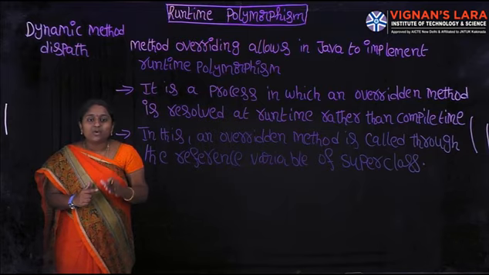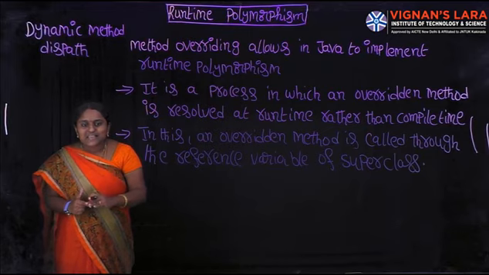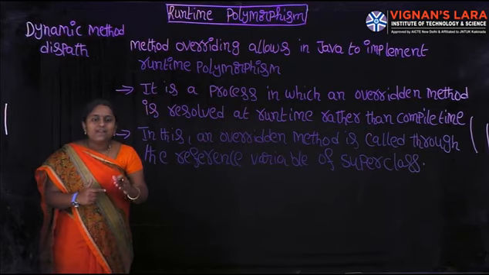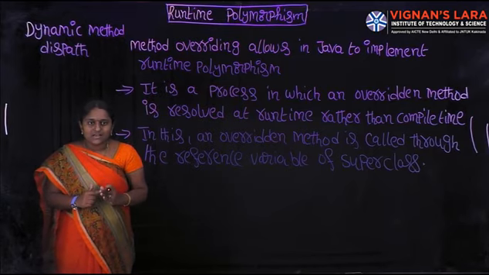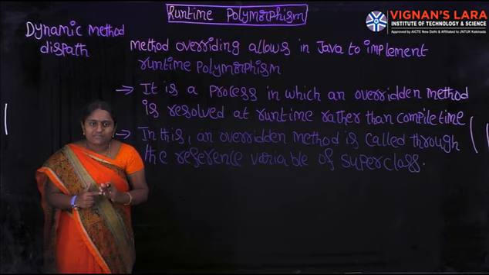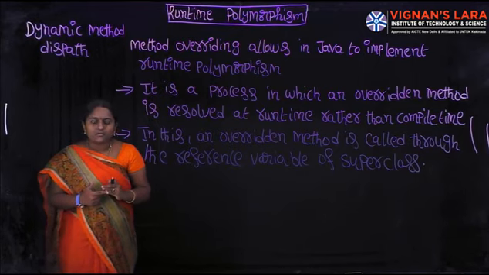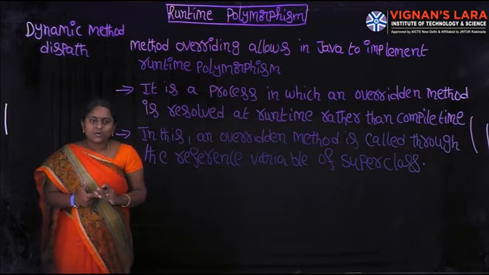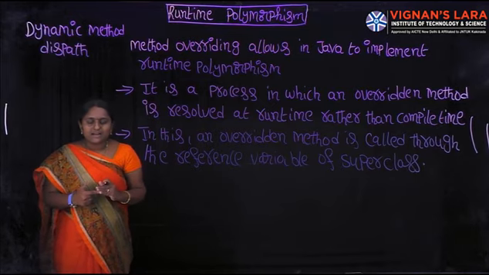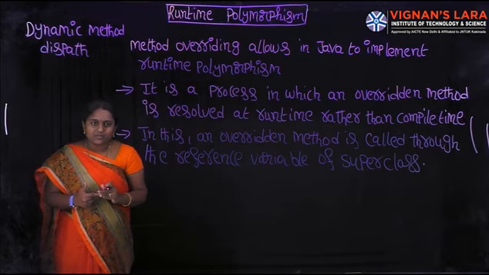So we can create a reference of superclass, and that reference is assigned to the subclass object. Always we can call overriding methods through the superclass reference. It is called runtime polymorphism or dynamic method dispatch. It is the most valuable concept from your theory point of view. It is very, very important. From the semester exam point of view, explain runtime polymorphism or explain dynamic method dispatch. Both questions have the same answer.